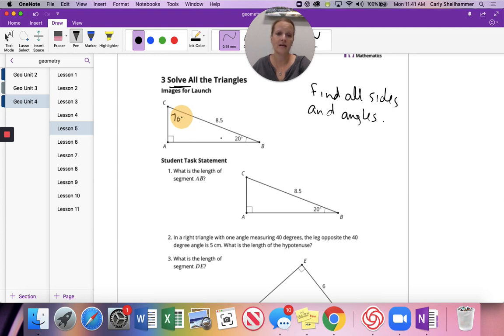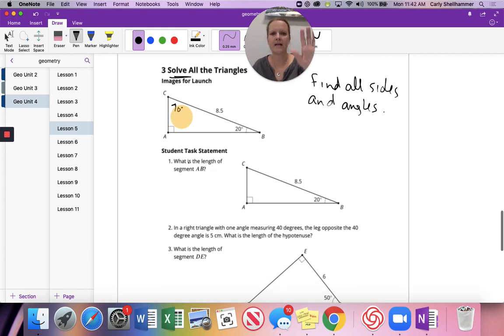Now finding the side lengths, not so easy. So let's go through it. What is the length of segment AB? If I'm looking at my 20-degree angle, this one is adjacent to 20 degrees. And we've learned that for 20 degrees, the ratio of adjacent over hypotenuse is,